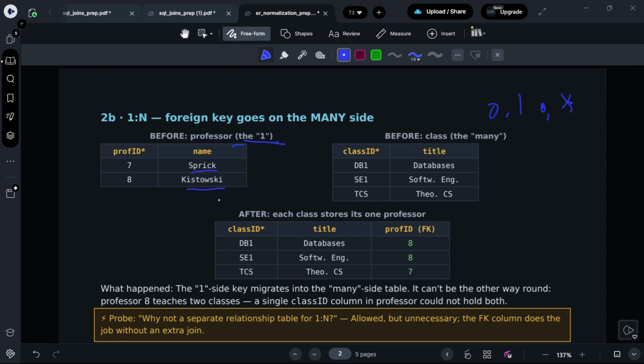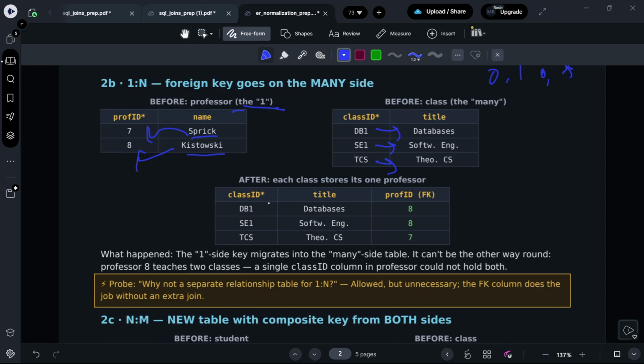So we have Sprick, we have Kistowski, and only one professor teaches one course. Then we have class ID, and we have the title they are teaching. For example, class ID database 1, then software engineering 1, then TCS. Then we have the title they're teaching, database. Each class stores its professor. Then we have professor ID as a foreign key in this new table. You can see this came here as a new table, and title came here